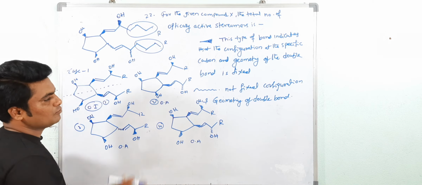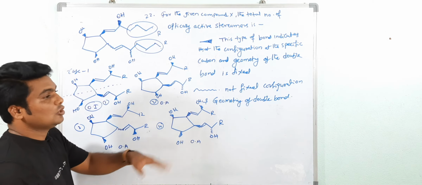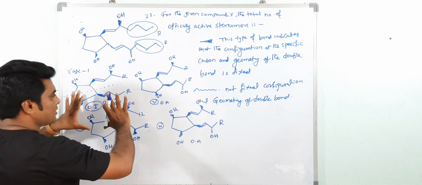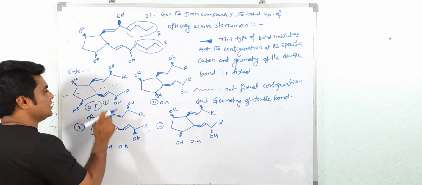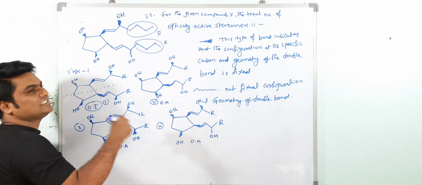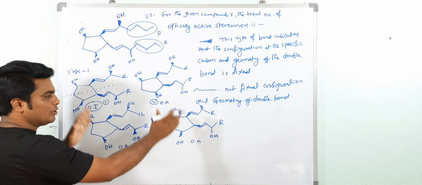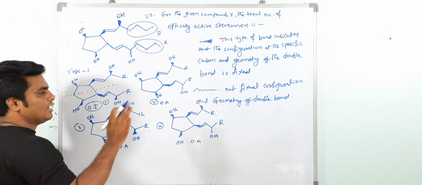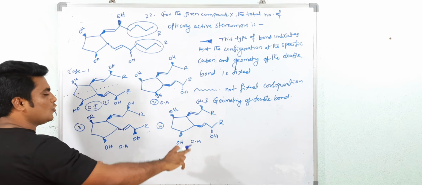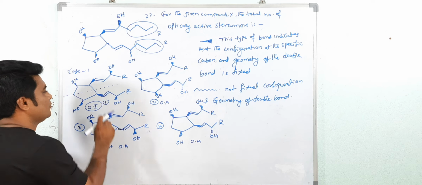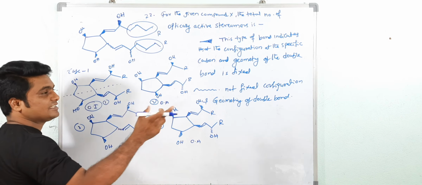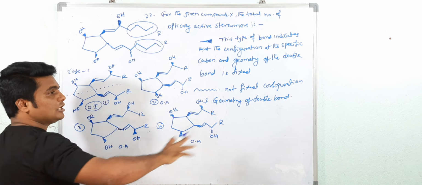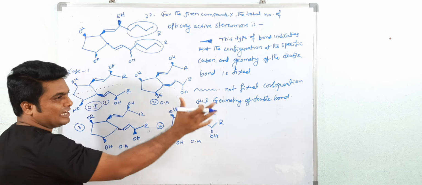See, same you can write. How do you write? Same, write the 4 structures again. And in those 4 structures, the geometry of this double bond is cis. I wrote only trans. And you can write all four same structures, but here the geometry of this pi bond is cis. Again you will get the 4. Those 4, all 4 are optically active.